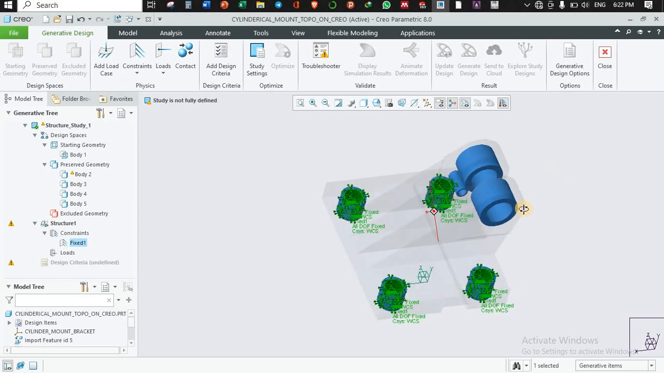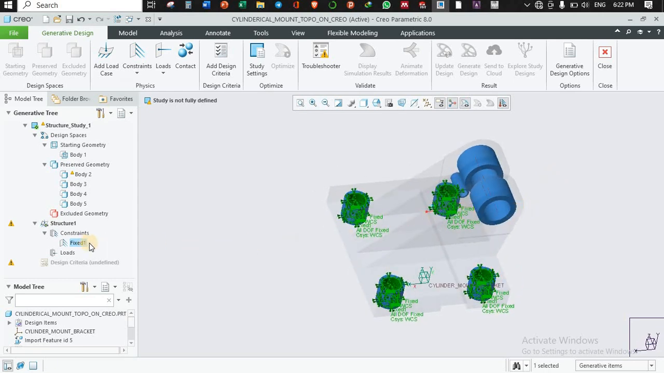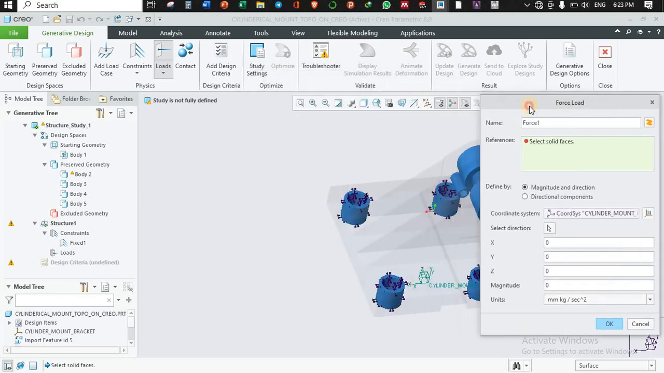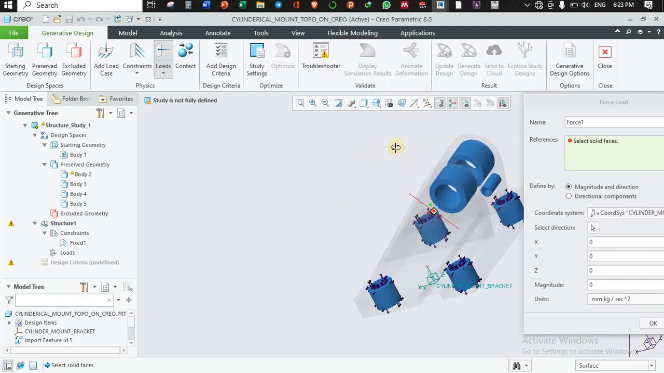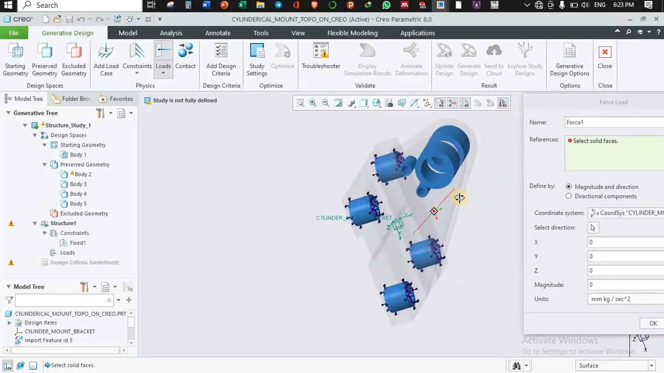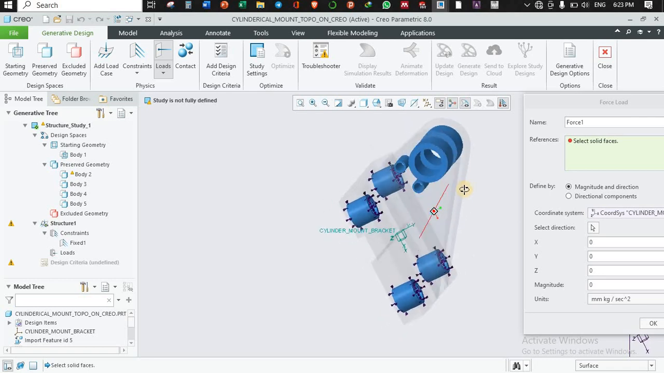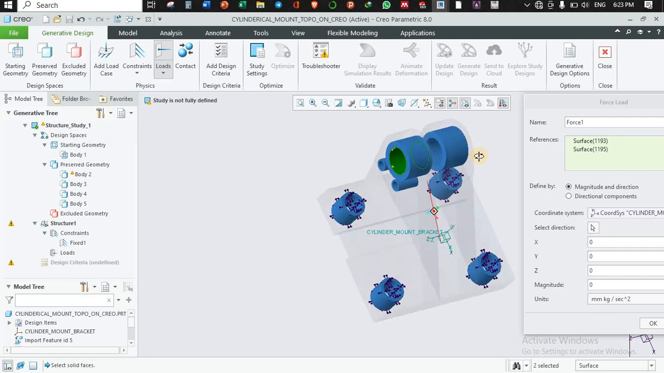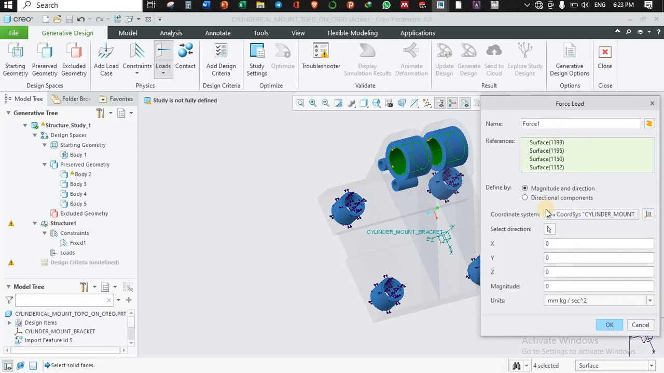say okay. After we finish the fixed boundary condition, go to loads, and from loads go to force. Okay, then here I'm going to apply the load. Okay, select this surface and also this inner surface by holding Control. Okay, now I'm going to apply the